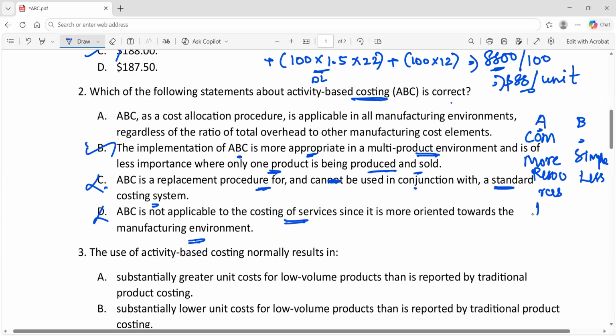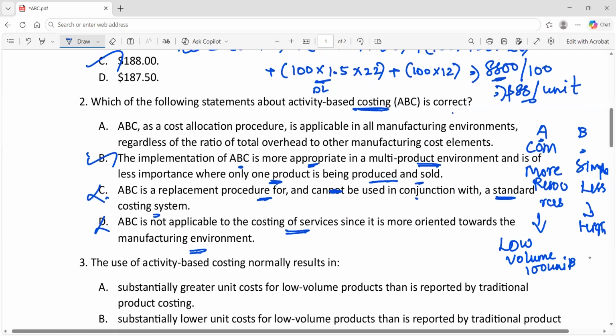But product A is a low volume product. That is, you produce only 100 units of product A. But product B is a relatively high volume product. You produce 500 units of product B. If you are using absorption costing, what will happen is more overheads will be absorbed by product B. Why? Because in case of absorption costing, what will happen is